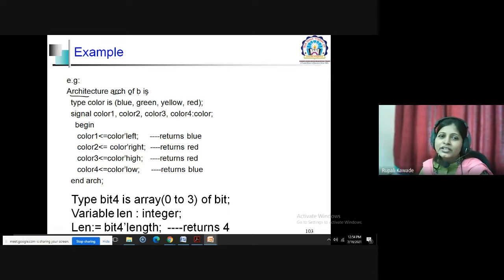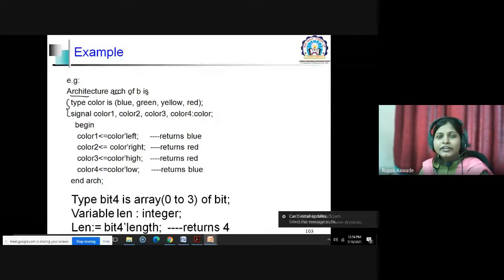Okay, is. Now in these two statements, we are defining a type. Which type? You can see the enumeration data type. Type color is blue, green, yellow, red.